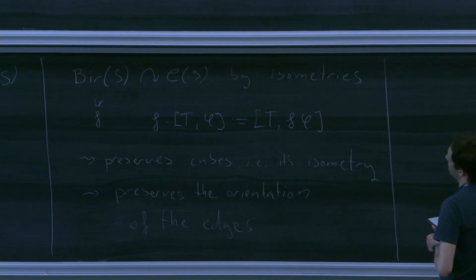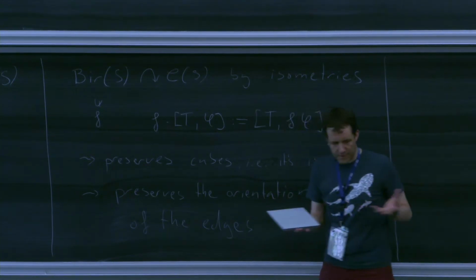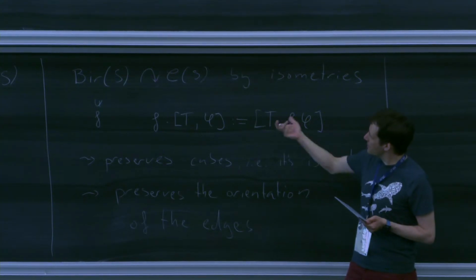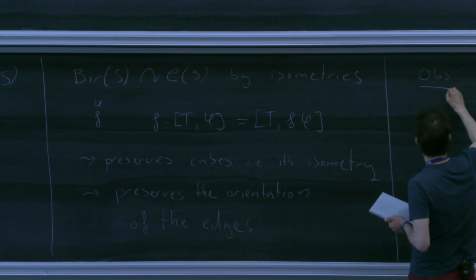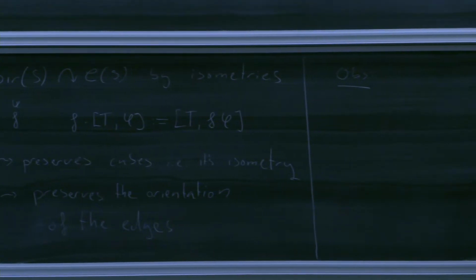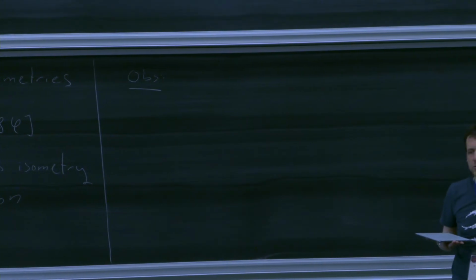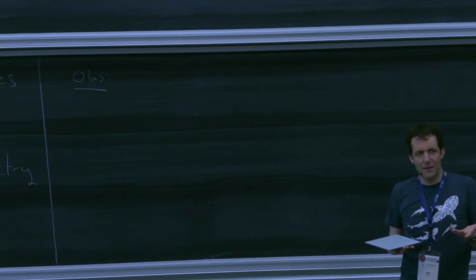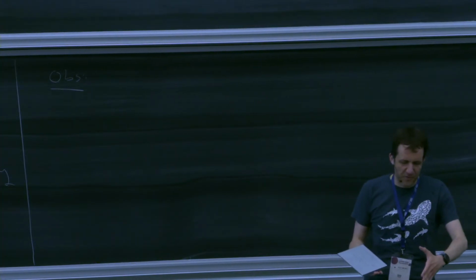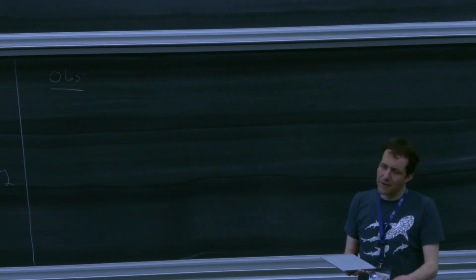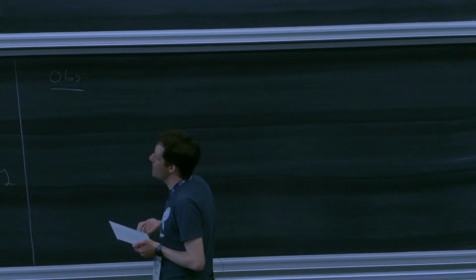Good. What we would like to do today is to better understand this action, and to better understand the geometry of the cube complex and what this action does. Maybe the very first observation is: if we have an action on a space, what we are interested in is, do we understand the stabilizers of points? Worst case, you have a group action on a space where every element fixes a point. In that case, it might not help us so much. But in this case here,